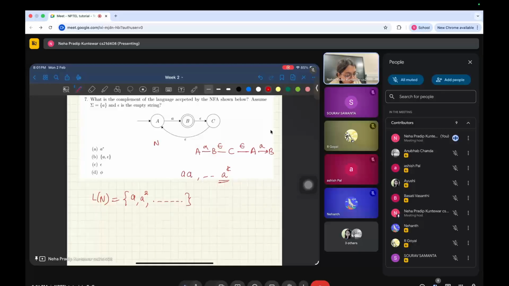And what about epsilon? Is epsilon in L of N? There is no epsilon move from the start state A to final state B, so epsilon is not in the language. So the complement of